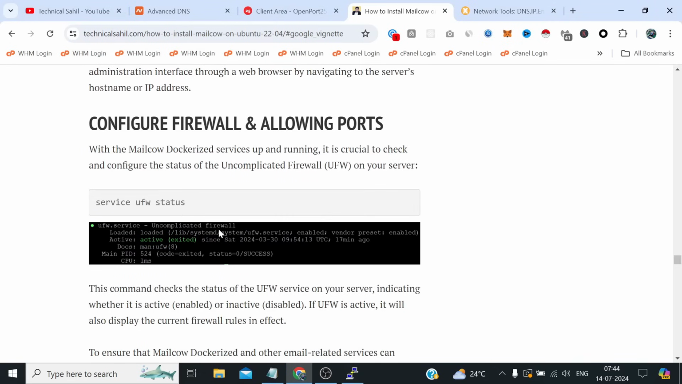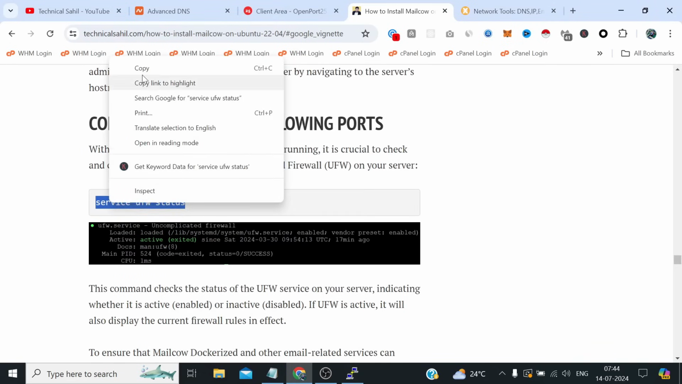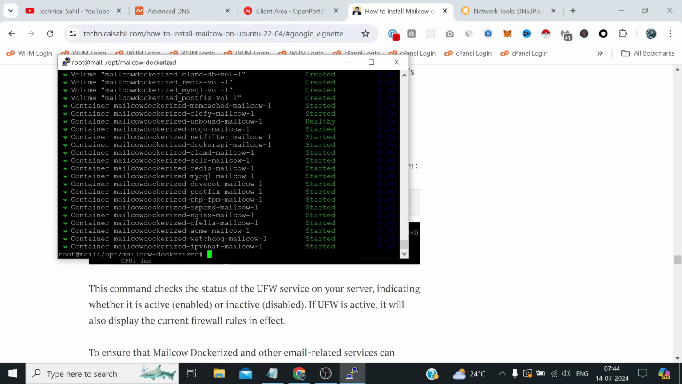It's done. Now we need to check the firewall status. It's important because if the firewall is not installed, we first need to install it for security reasons, and we need to allow some SMTP ports in the firewall. It will allow our ports to enter, but except our ports, it does not allow any other port to enter in the server,